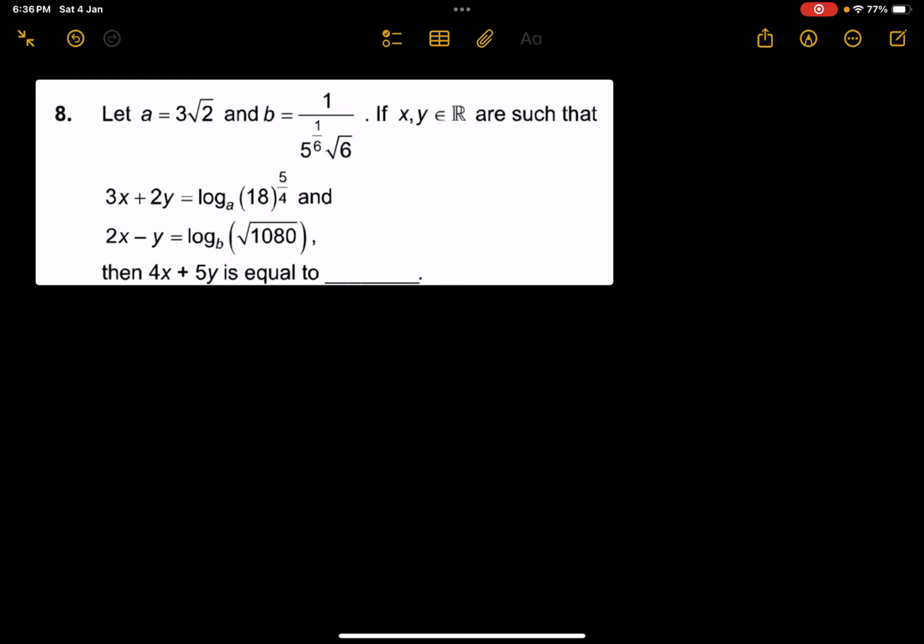This is the first question from section 3. It is numerical type. We are given a and b such that this is this and this is this, then 4x plus 5y is equals to,